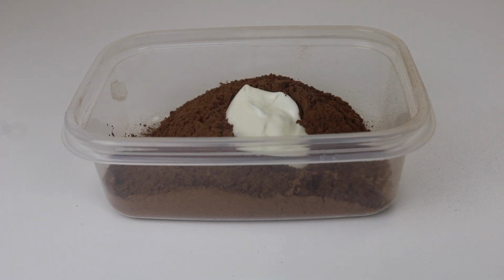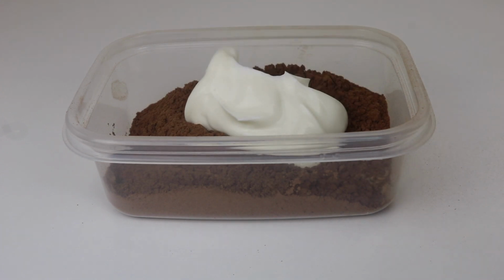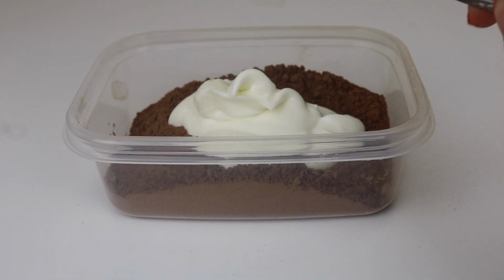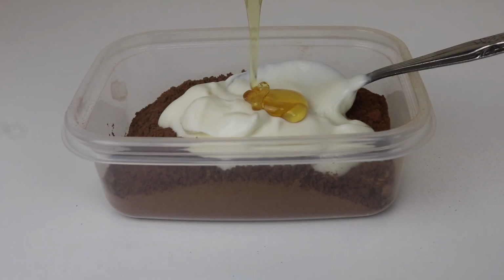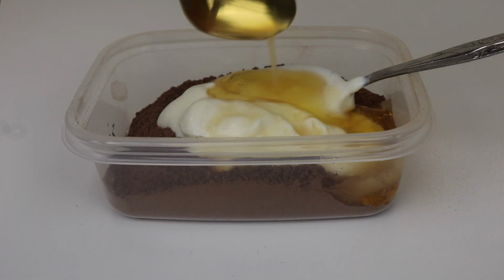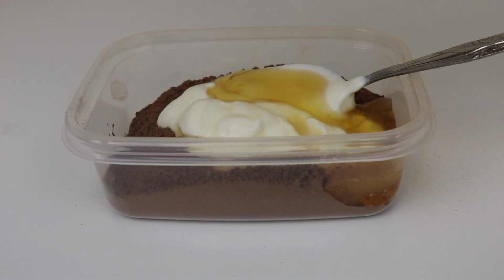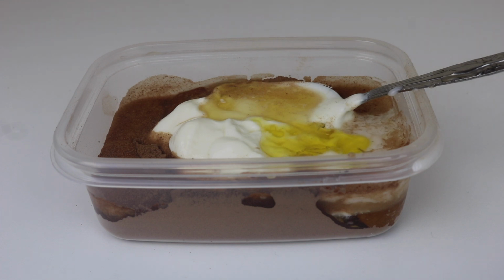Next, I'm going to add some organic yogurt. Yogurt helps to soothe the scalp and condition the hair. I'm also going to add a couple tablespoons of organic honey because honey is a humectant, so it pulls moisture out of the air and places it into your hair, and it also conditions your hair and prevents breakage. Next, I'm going to add some apple cider vinegar to balance the pH of my scalp and to lift buildup. And lastly, I'm going to add a little bit of olive oil to add moisture and shine to my scalp